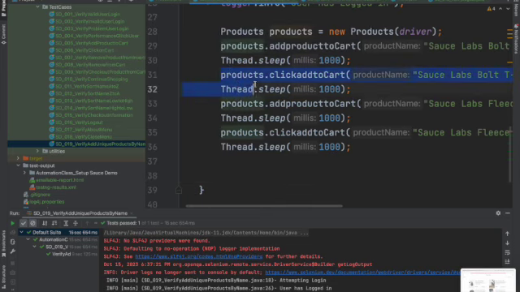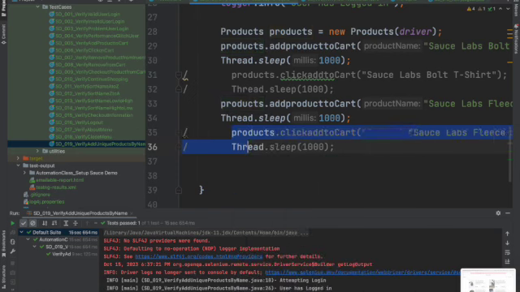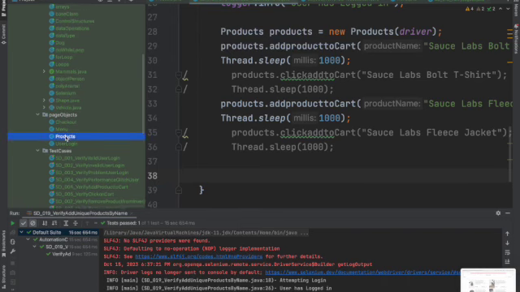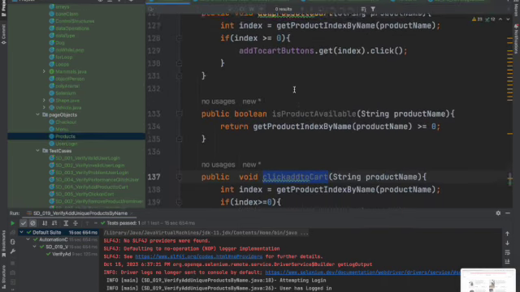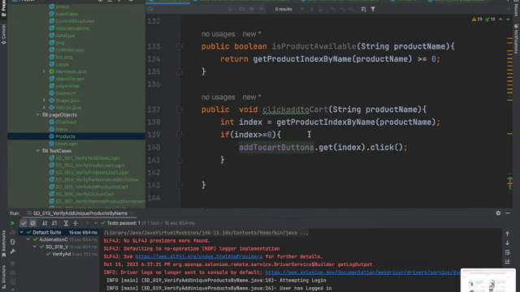So I will do this. I will use add product to cards. My method add product to cards also has a click. Yes. And my method click at,